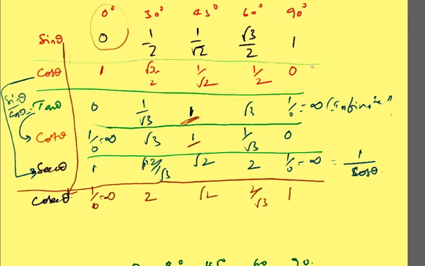So the simple technique is, you remember when it is 0 and when it is 1. Sin is 0 at 0 and sin is 1 at 90. Cos is 0 at 90 and cos is 1 at 0 degrees. Tan is 0 at 0 and tan is 1 at 45, cot is 1 at 45, and secant is 1 at 0 degrees and there is no 0 value. This is how you need to remember the values. Cosecant is 1 at 90 degrees, just like sine. So this is what, friends.